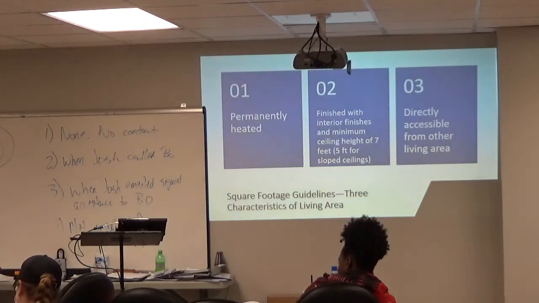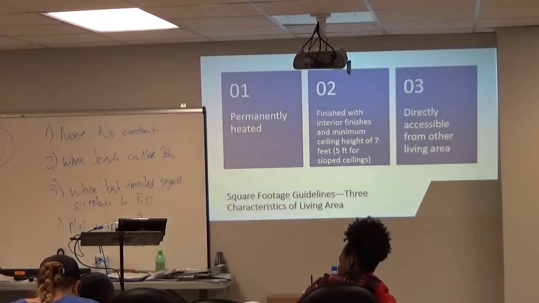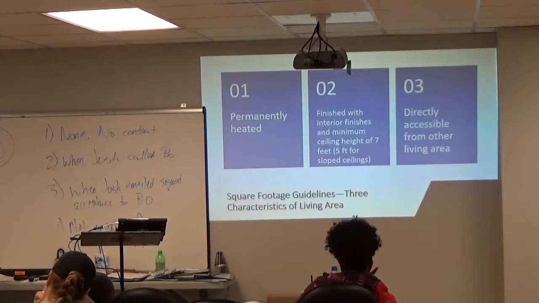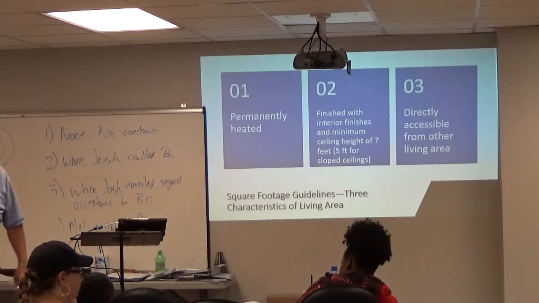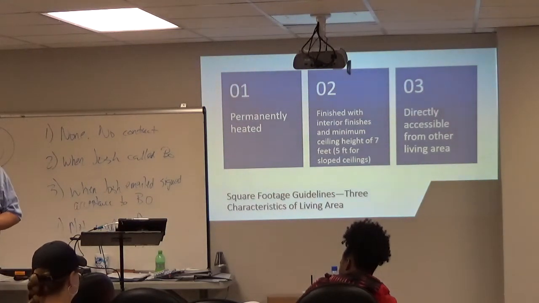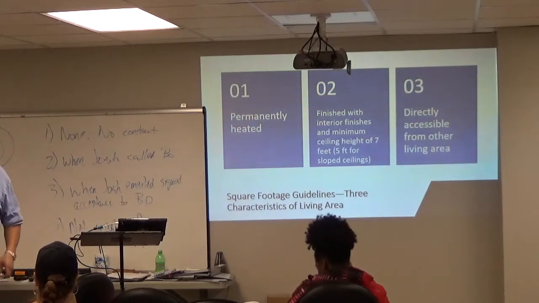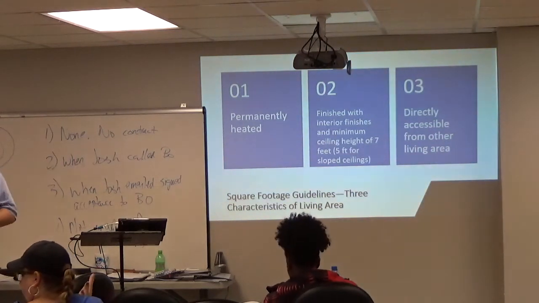But I'm trying to ask about the 7 feet. It doesn't matter. 7 feet only matters on what kind of ceilings? Flat ceilings. If the room has nothing but slope ceilings, then what matters? 5 feet. What if they have both? Because one of my rooms did have that. Then the flat part has to be what? 7. And the slope, the room is going to start where it drops to 5 feet. That's what I'm saying. Don't worry about the peak. The peak never matters. What matters is a flat ceiling's got to be 7, and a slope ceiling has to be 5.